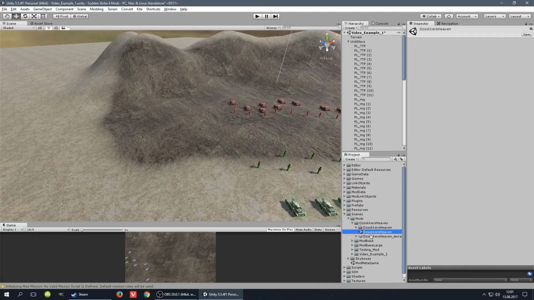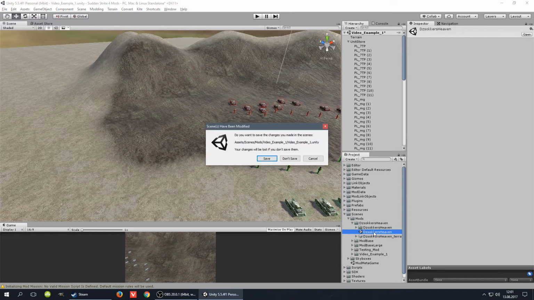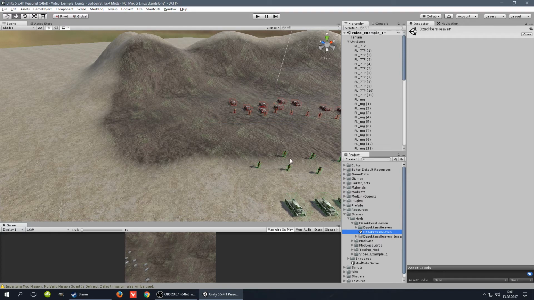You can access it by double clicking the icon with the Unity symbol. No, I don't want to save any changes. Just double click and prepare for a bit of waiting, because my PC is wooden. The CPU is made out of potato, so we need to wait a bit